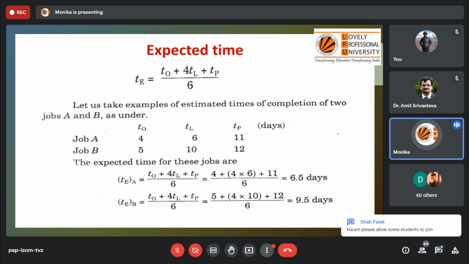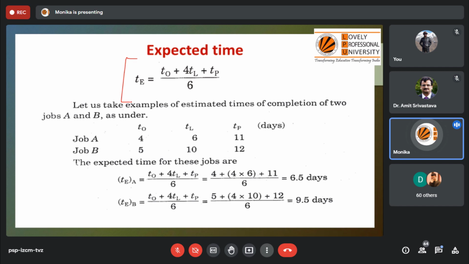Okay, so you can see the formula which can be used to calculate mean expected time for a particular activity. Note that for an individual activity we need to calculate it, or for the whole project at the same time we can calculate. I'll show this with the calculation of a numerical also. So the formula is optimistic time plus 4 times the most likely time plus pessimistic time, divided by 6. Okay, so you can see